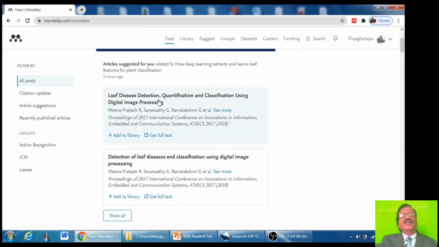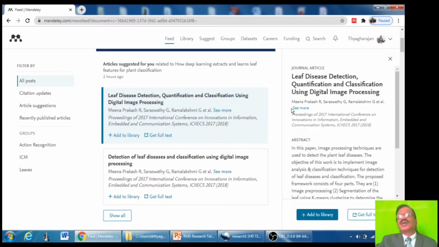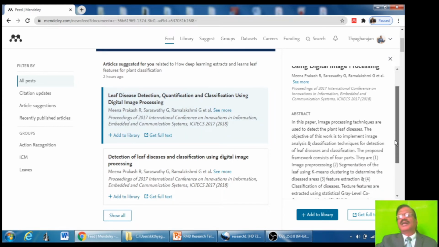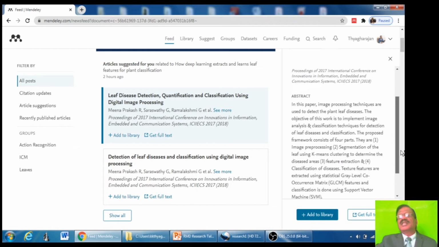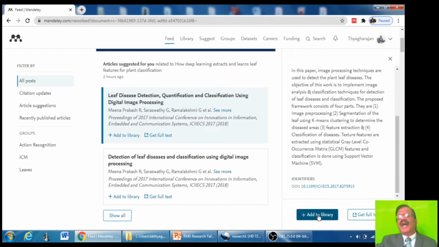If you want, you can see these files and read the abstract. If it is needed, you can add to library by clicking on this button.